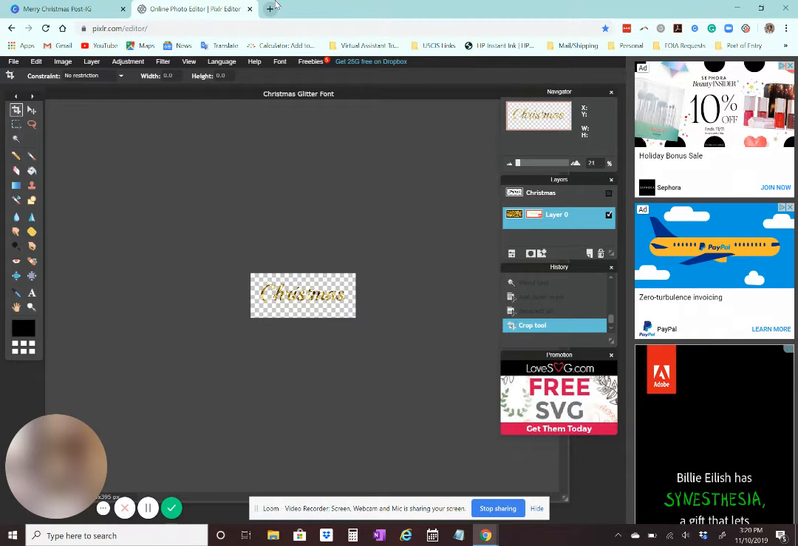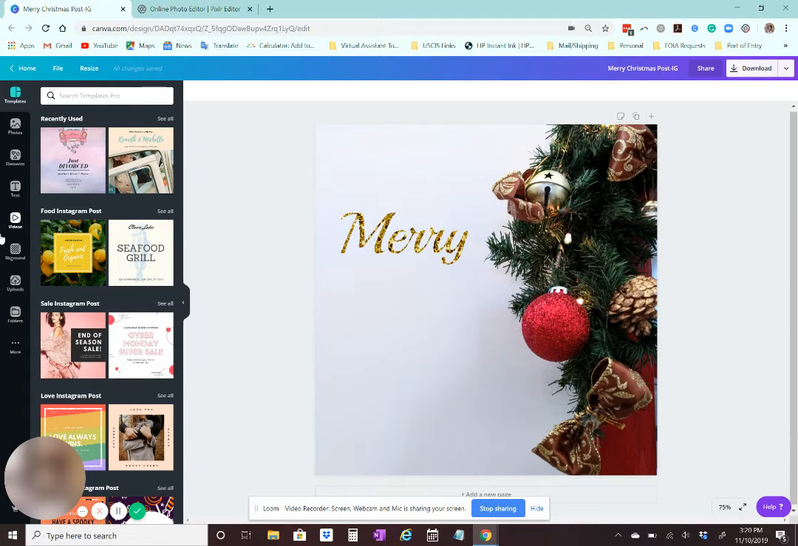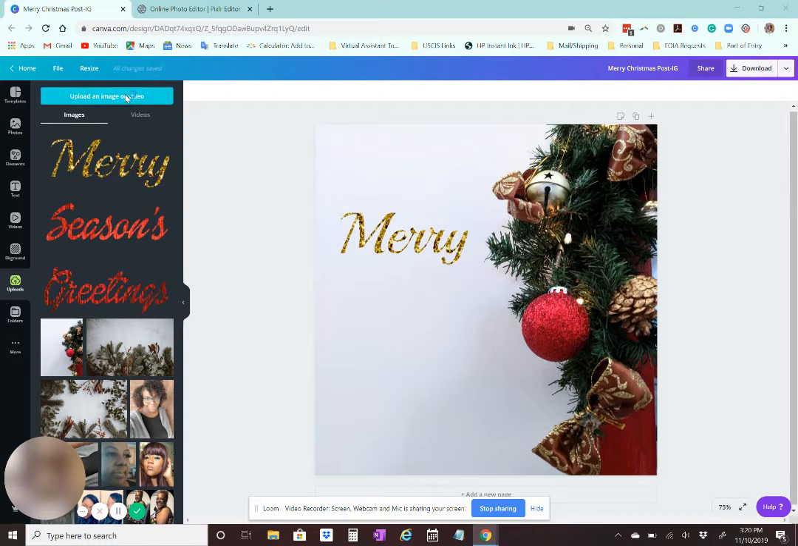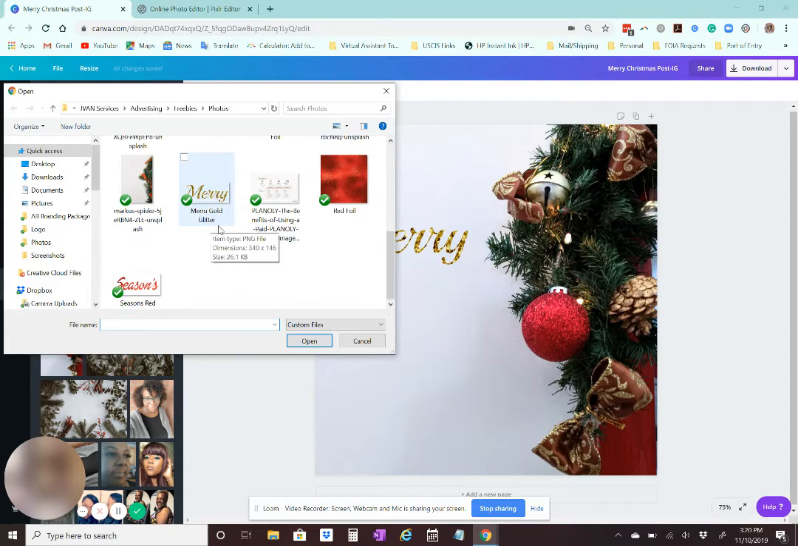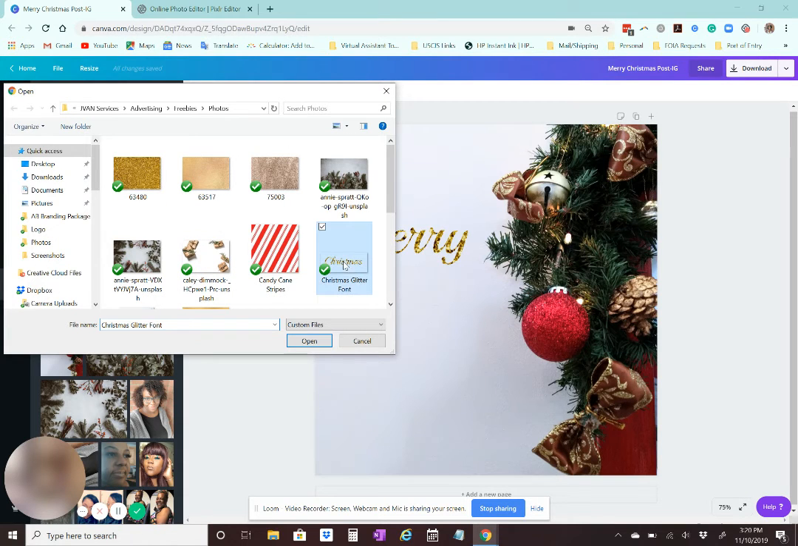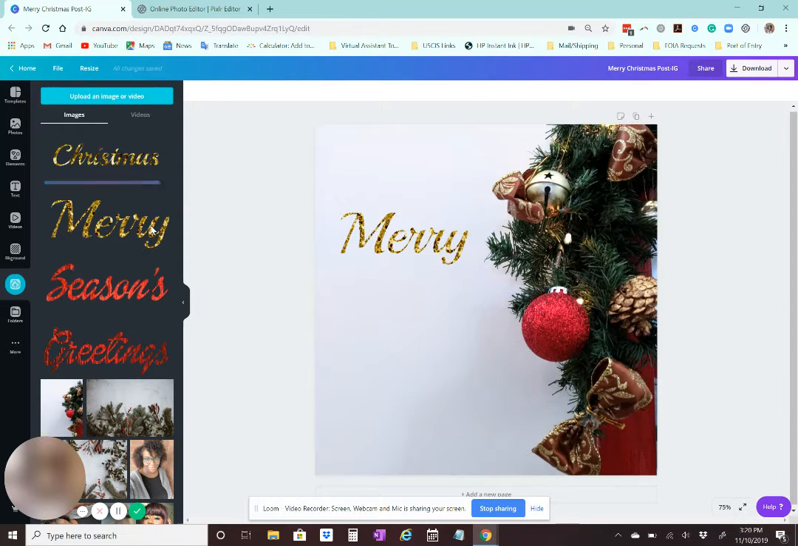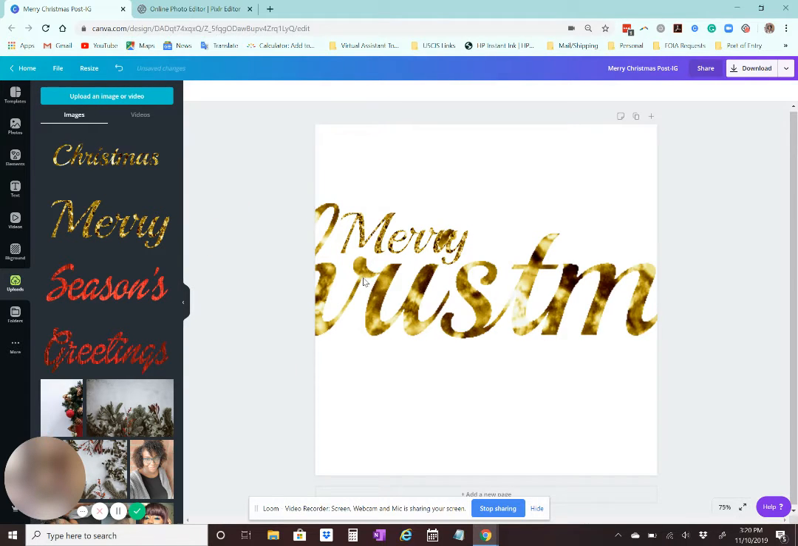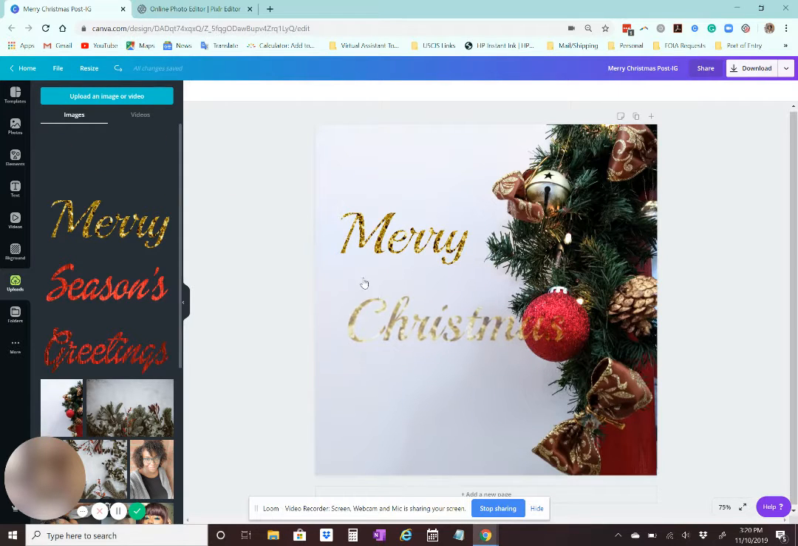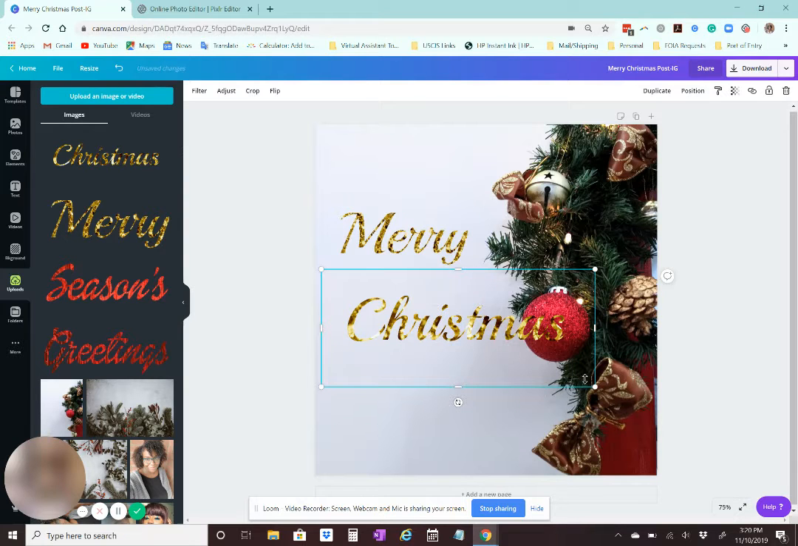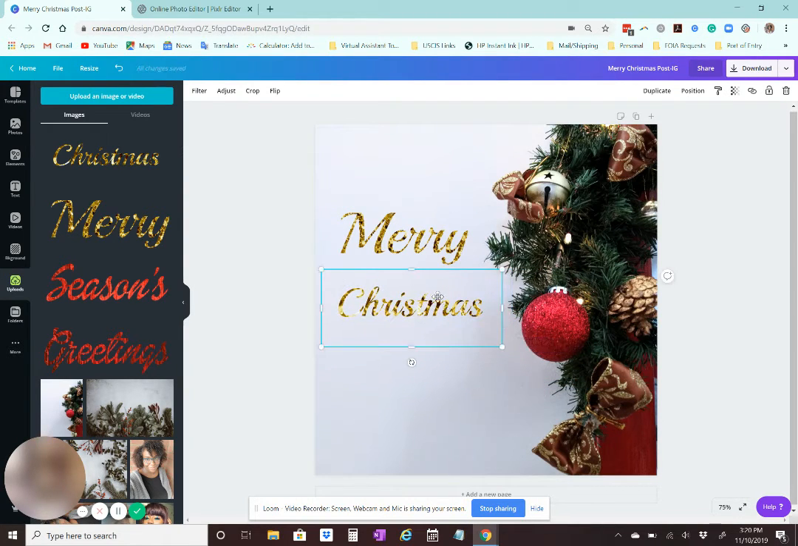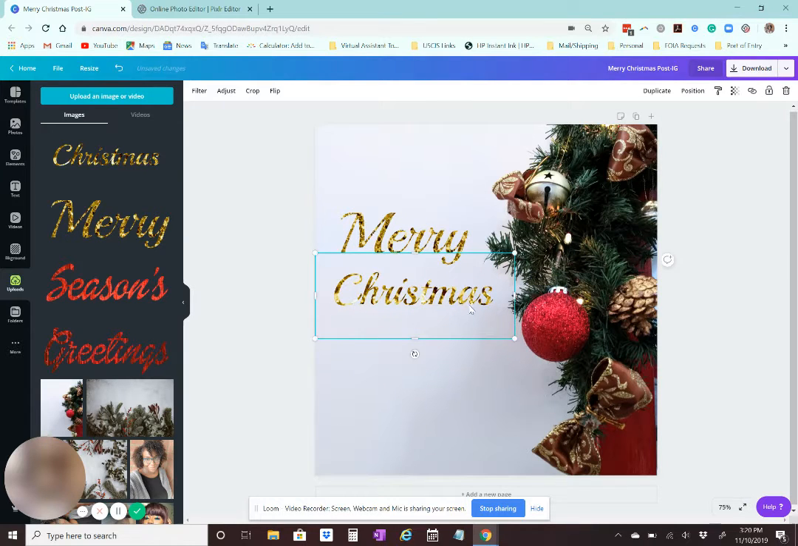Save. Okay, now that that's done, you're going to go back to Canva and go to uploads. And you want to upload your image, your word that you just created. And there it is. Open. It's going to load right here on the left hand side. And you see how there's no white background, it's just the word. Now you just add it to here. And there you have it. Merry